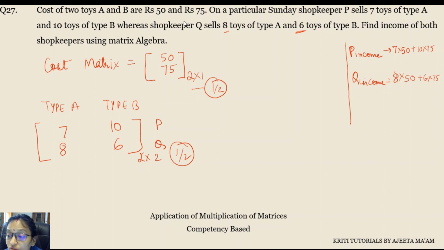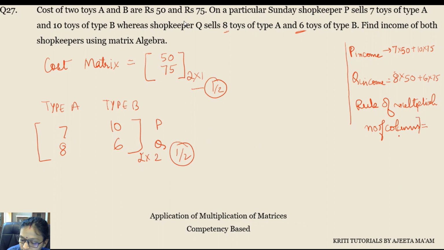Now what is the rule of multiplication? रूल ऑफ मल्टीप्लिकेशन क्या है हमारे पास? रूल ऑफ मल्टीप्लिकेशन इज number of columns in the first matrix, right? फर्स्ट मैट्रिक्स में शुड बी इक्वल टू, किसके इक्वल होना चाहिए? सेकेंड मैट्रिक्स में नंबर ऑफ रोज, तभी हम दो मैट्रिक्स को मल्टीप्लाई कर सकते हैं।